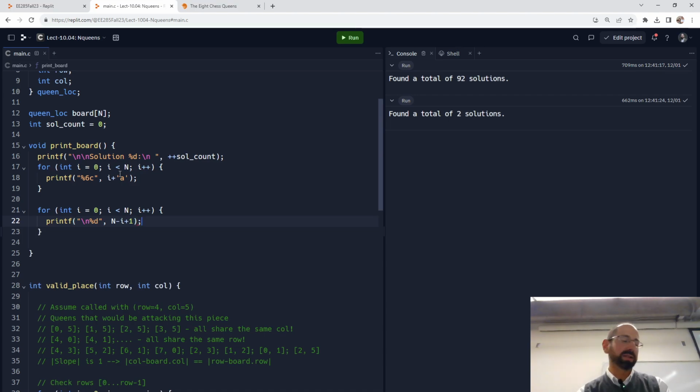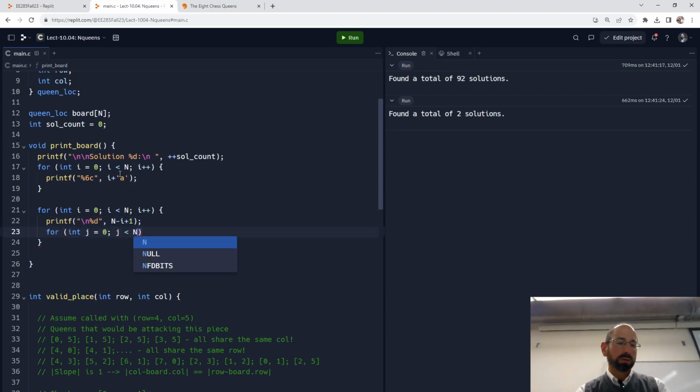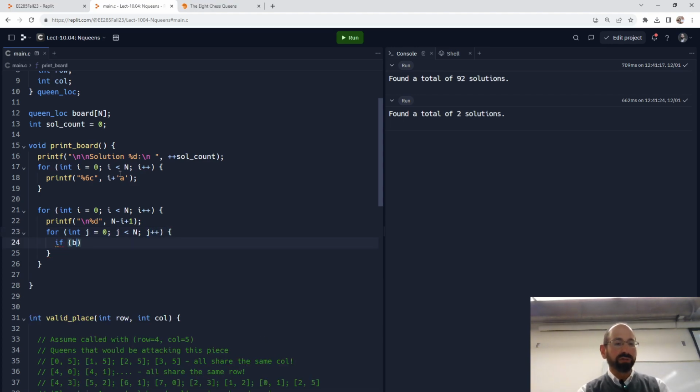A1 is the lower left corner. Well, it doesn't matter. Who cares? We can just print a number. It doesn't really matter what we're printing for those column headers. Print out the start of the row. And then print out the actual row. And here we actually have to check, like, if board of i, because we're doing it row by row, dot column equals j. So if we have something at that current location,